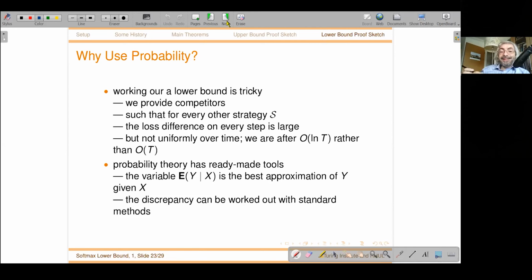For example, if we are given the value of a variable x and want to predict some other variable y, then the best approximation is the conditional expectation of y given x. This fact is usually not very obvious from probability textbooks, but you can think of this as the best prediction of y. And this allows us to save some quantifiers from the statement. And this is a very well-known quantity that can be manipulated using standard techniques.